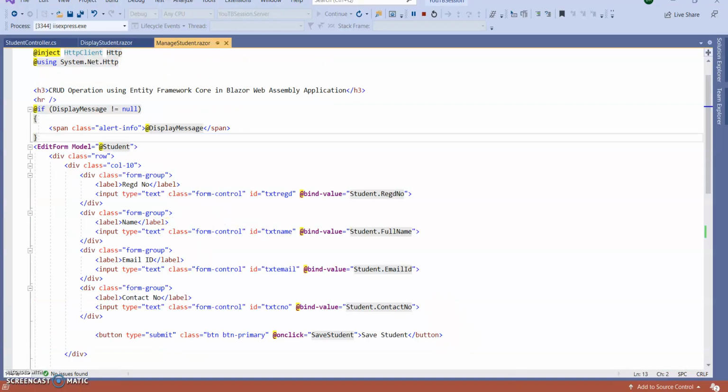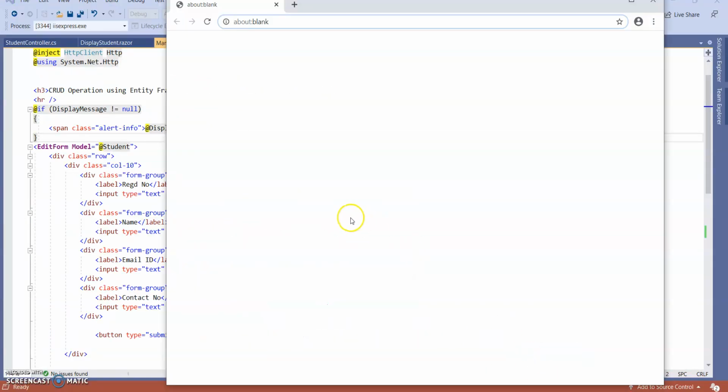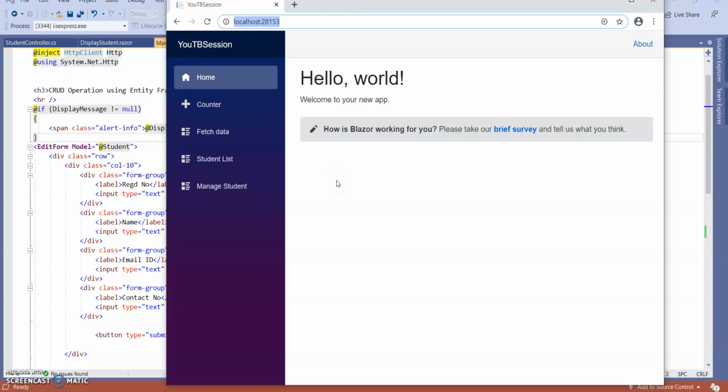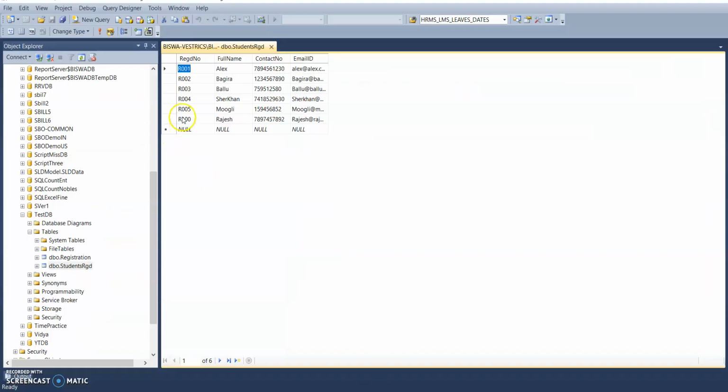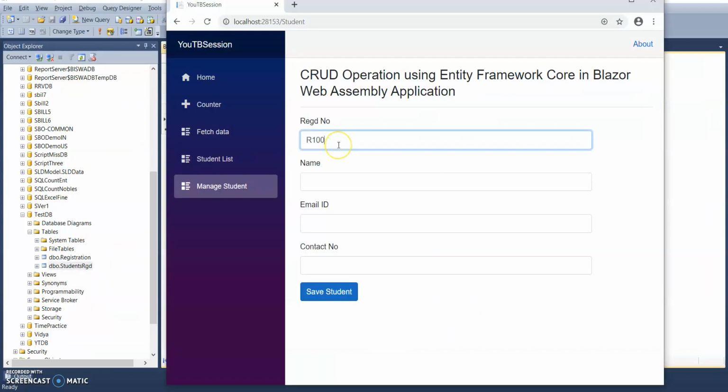I started running the application. Wait for a few seconds. Go to the manage student. Let's give some data. My registration number is 100. Let's give 101.